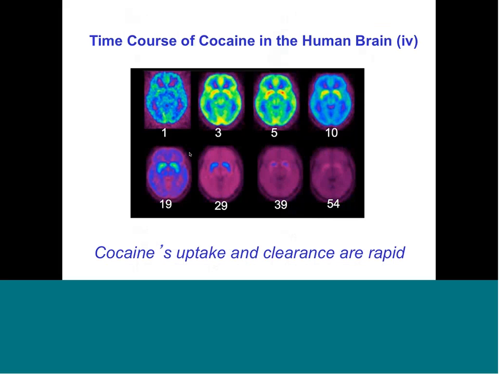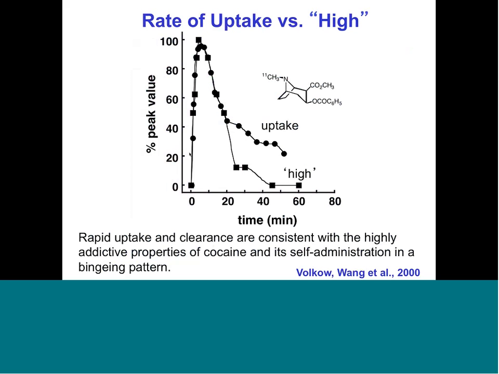This was about 25 years ago we did this, and looked at whether people had actually mapped the time course of the high from an intravenous dose of cocaine. And indeed, they had, in a laboratory setting in cocaine abusers. So we plotted our uptake and egress from the brain versus the high. And the uptake and clearance almost perfectly parallel one another. So we think this rapid, heavy uptake really explains the highly addictive properties of cocaine and its self-administration